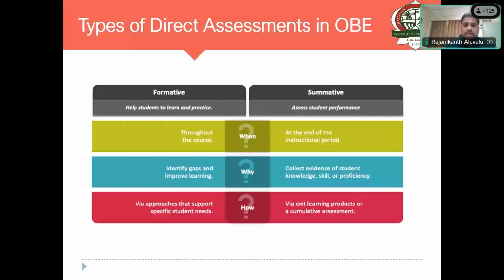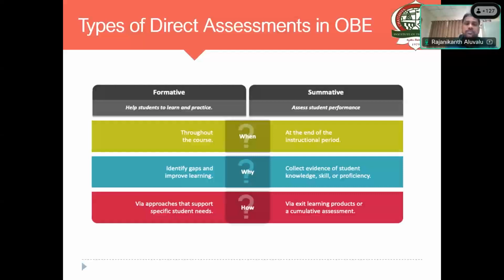The understanding over here is, as I said, the formative assessments are majorly considered when the sessions are going on during the semester, wherein the students, based on their performance, will further get feedback and fine-tune their learning. As well, the formative assessments will also give direct feedback to the faculty on the student learning. So that's where formative assessments will always help in